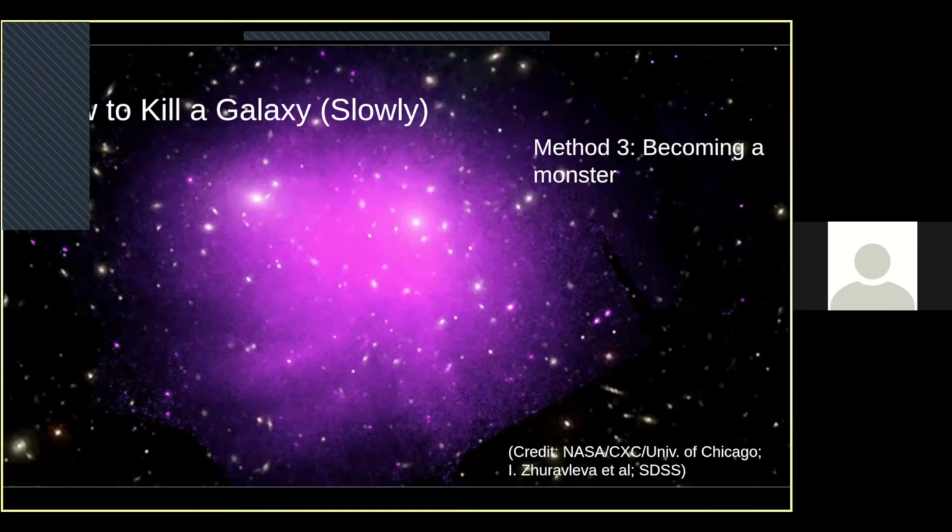If they're moving fast, they have a high temperature and they may not be able to cool effectively and get onto that galaxy in the center. So what I'm showing here is an image that a professor at University of Chicago took in X-rays of a large clump of galaxies, a galaxy cluster. And it's not really purple, but we can't see X-rays, so we can just say it's whatever color we want it to be. And these things are really blazing beacons of X-rays through the universe.